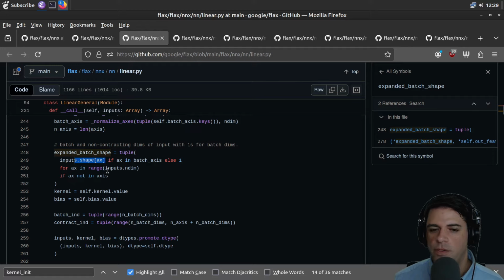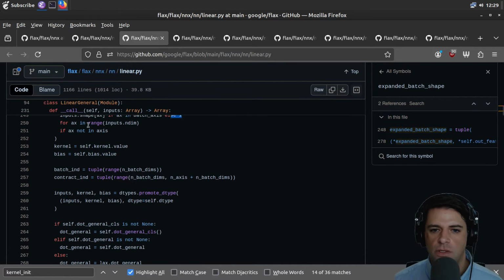So the inputs has some shape, which might be like 2, 4. And if somehow 4 is in the batch axis thing, or rather if 2, I think, is in the batch axis thing, then this will be 4, I believe. Else 1, and then we're going to,